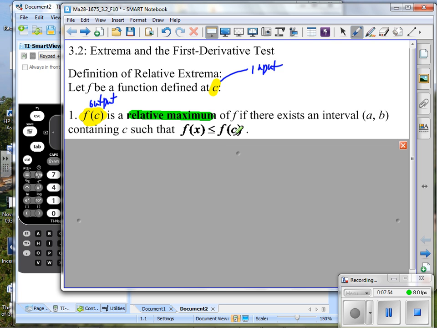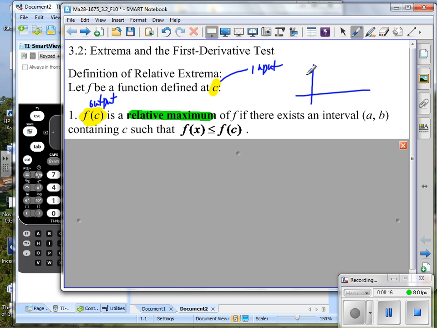If for any input between A and B, this function f of x is less than or equal to that, then f of C is the relative maximum. If all the other inputs